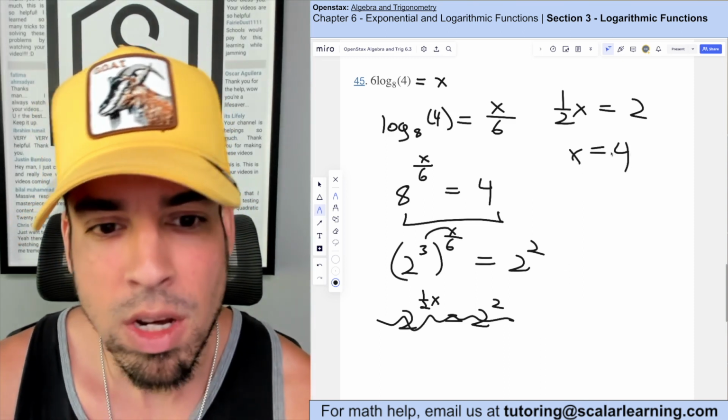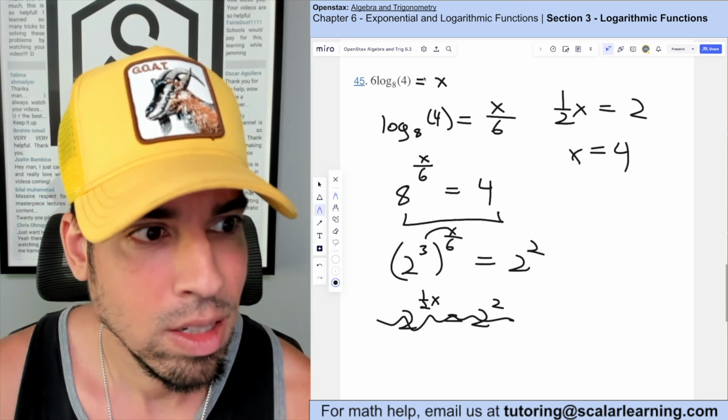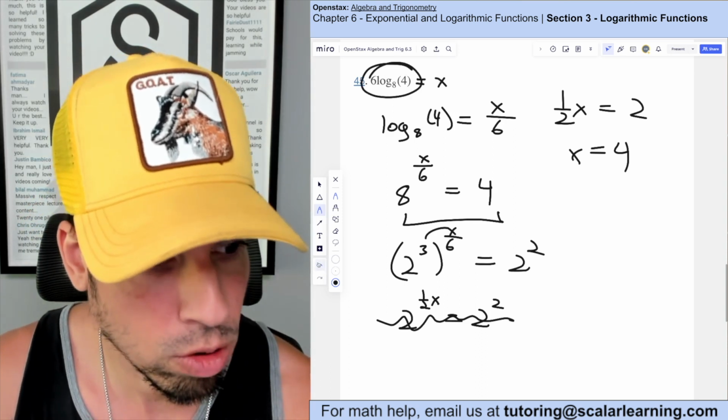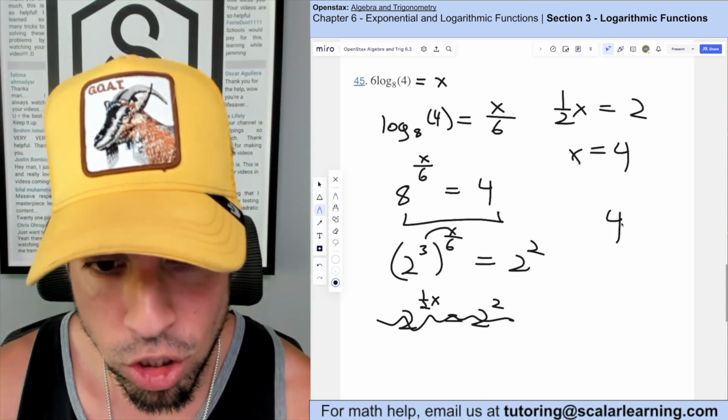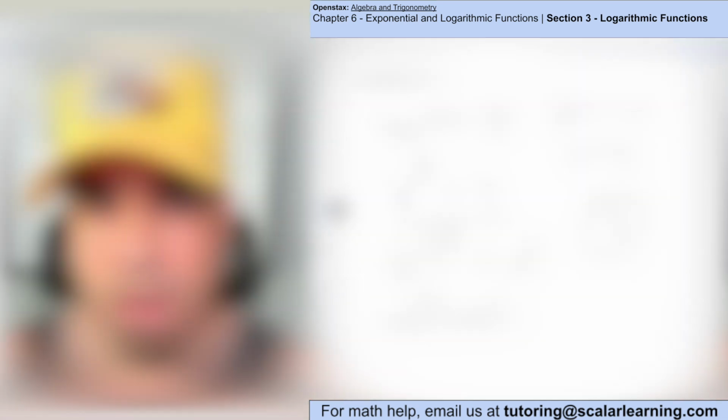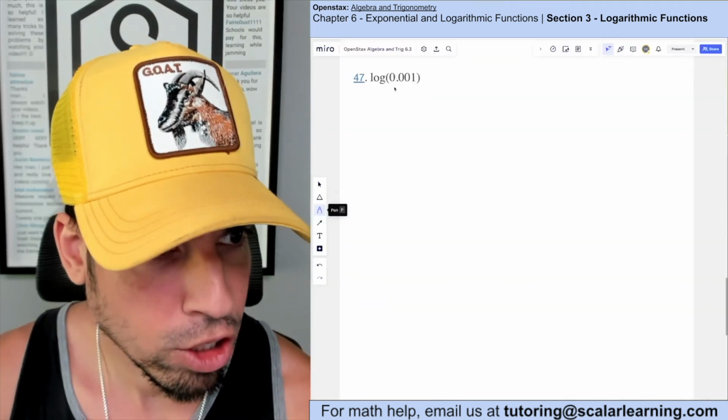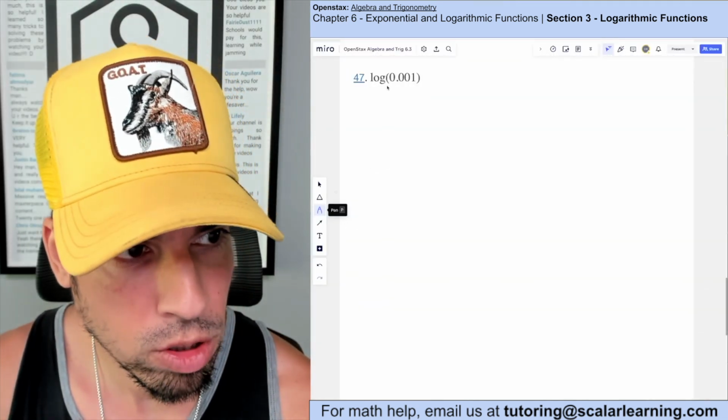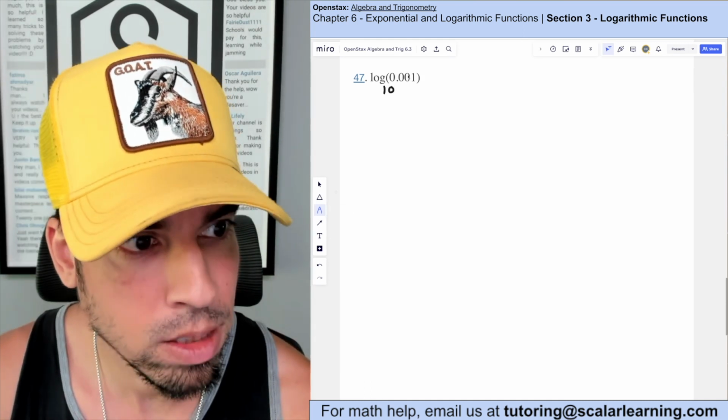And again, that was the variable that I created to set equal to the value of this expression. So the bottom line is the value of the expression is 4. Boom, done. For this one, we're evaluating this expression, and remember, when there's no base written, it's really log base 10